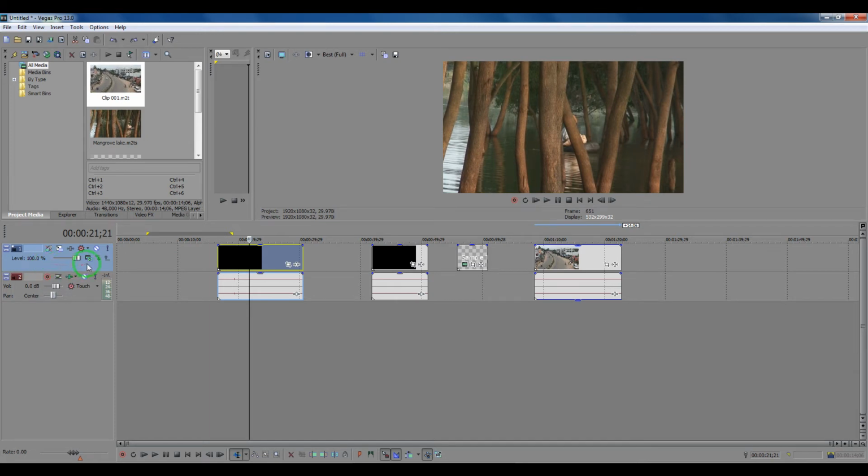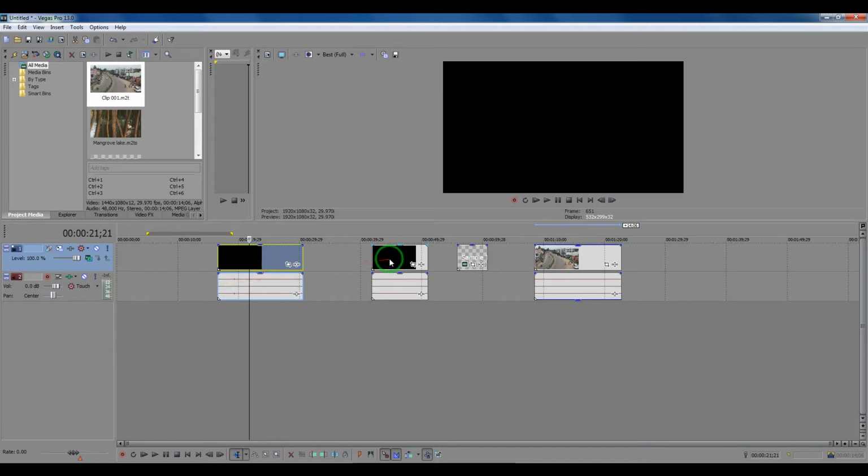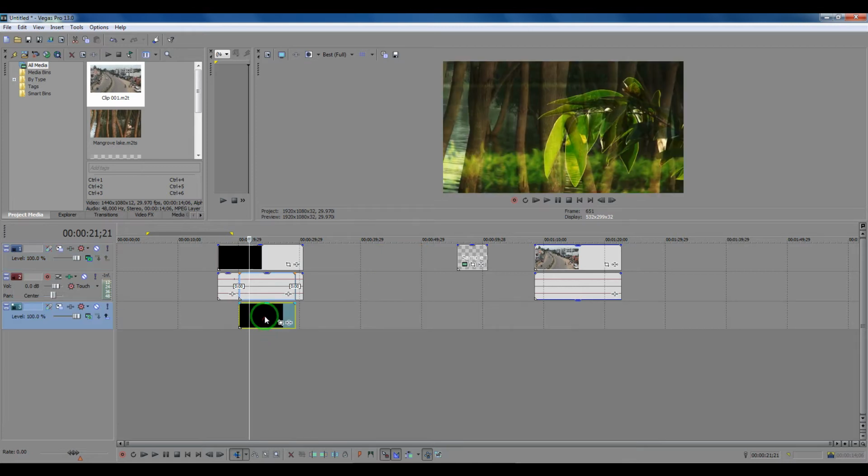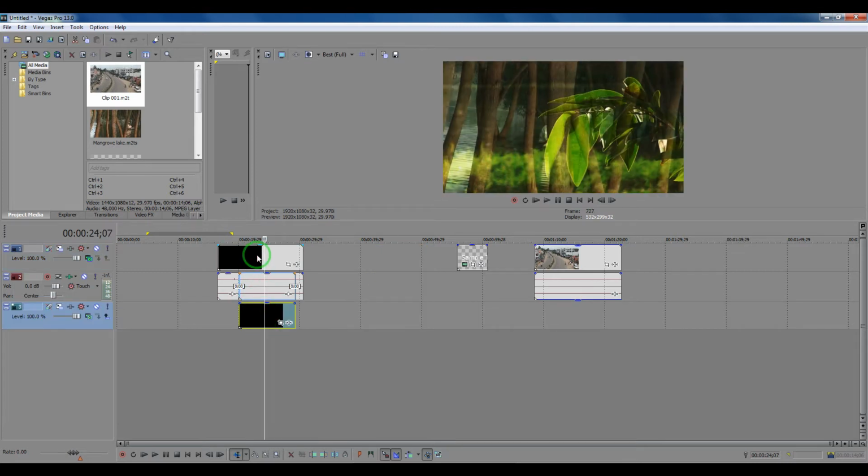So again you can change the transparency settings of all the events in a particular track by clicking on the compositing mode. Compositing mode determines how the layer transparency is adjusted. So if I click on that, you will get some of the options, and if you go for something like an overlay, you can see the difference. You can see one layer is getting overlaid on the other one.